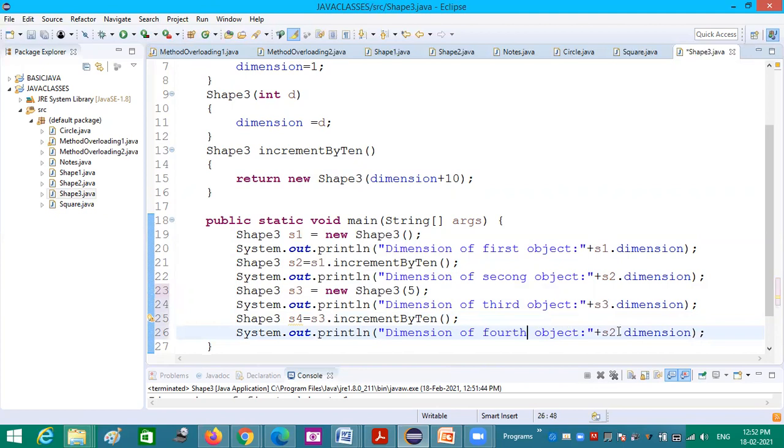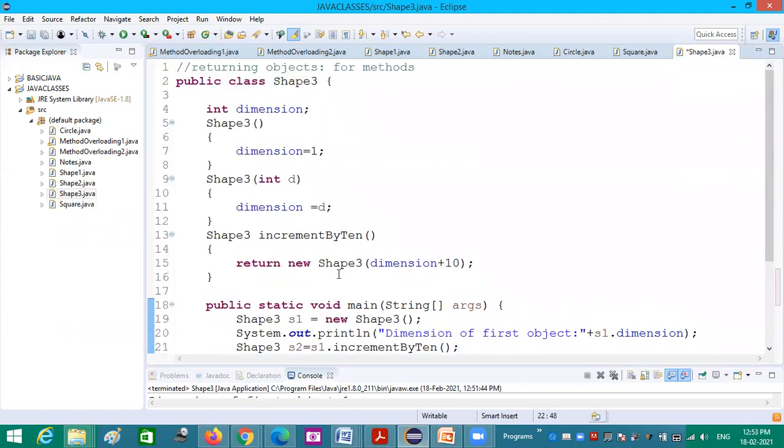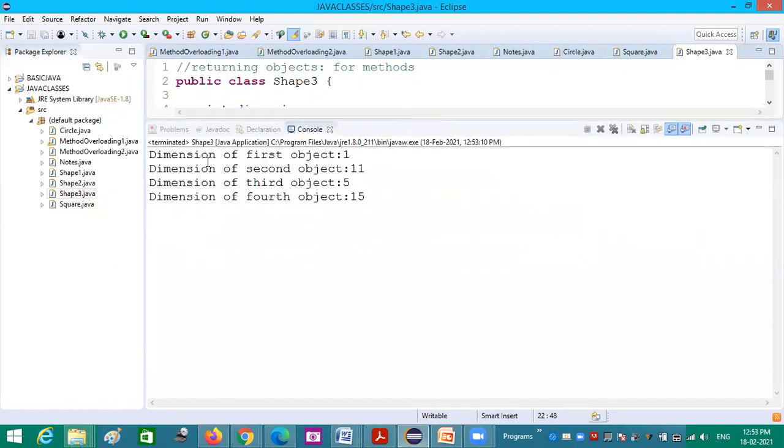Fourth object is S4.dimension. Okay, so now almost all are utilized. Now I am running this. Yes, you could see here. Dimension of first object is 1, second object is 11, third object is 5, fourth object is 15.